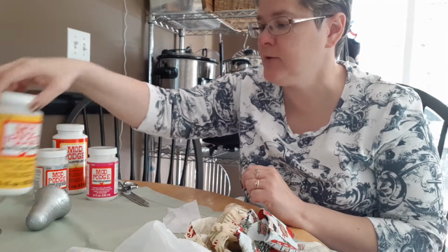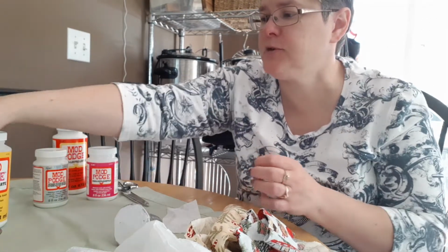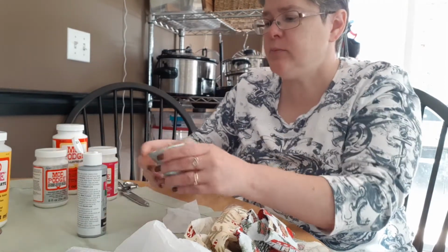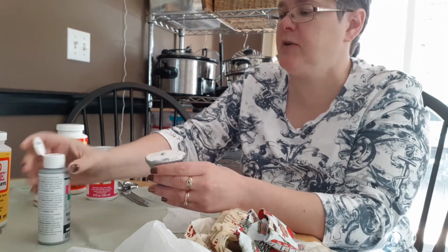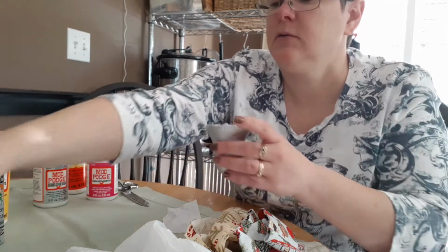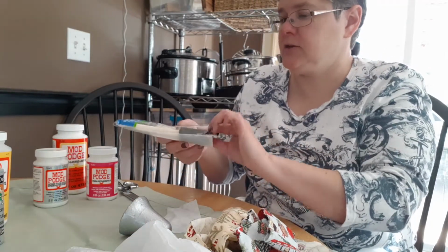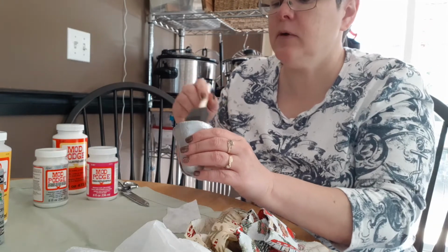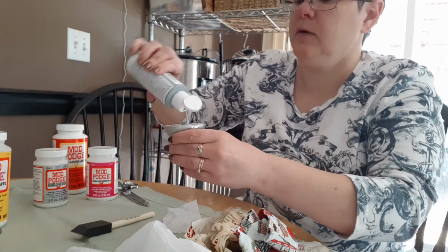I'm just going to put a little bit more silver paint on the bottom of this bell. I wasn't sure how to paint styrofoam, but I just looked it up on WikiHow and it says just put acrylic paint on it, it sticks good. So one of these little bitty brushes, but on the bottom you can't see it. A bit more. And then I'm hoping to do the glue